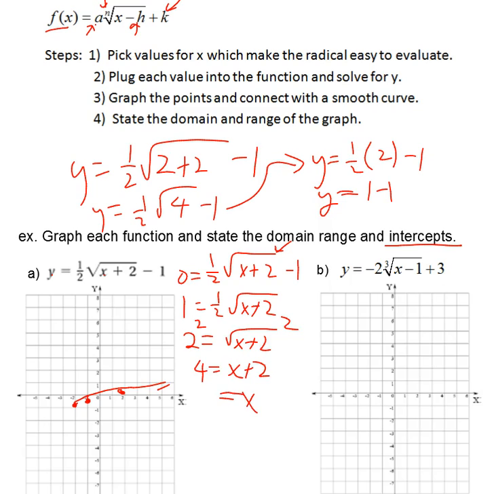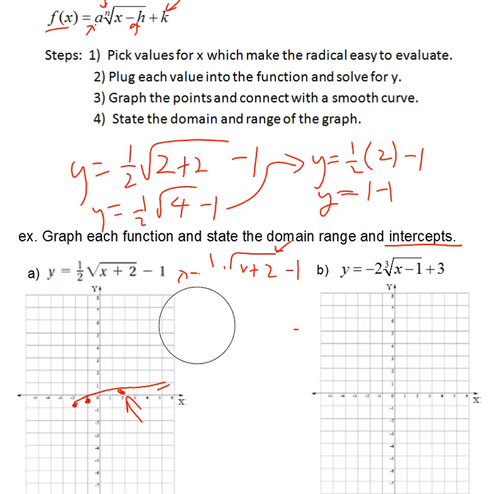And then subtracting 2, I get x equals 2. So my x-intercept was (2, 0). And in fact, hey, you know what? We already found that out in our xy table, didn't we? I didn't have to do all that rigmarole, right? Okay. So that's the intercepts in the graph of the square root function,